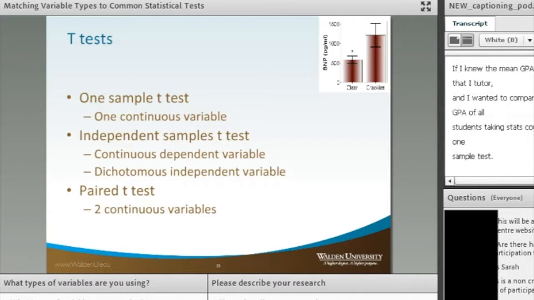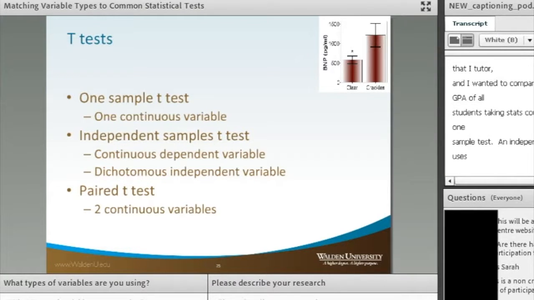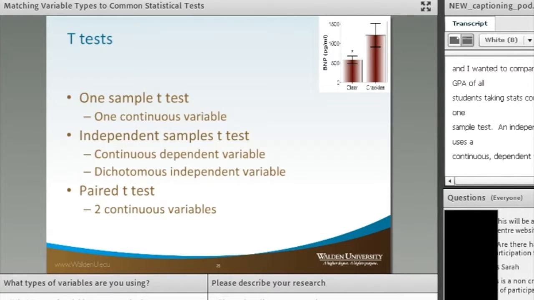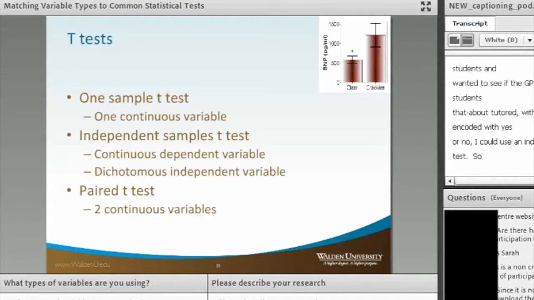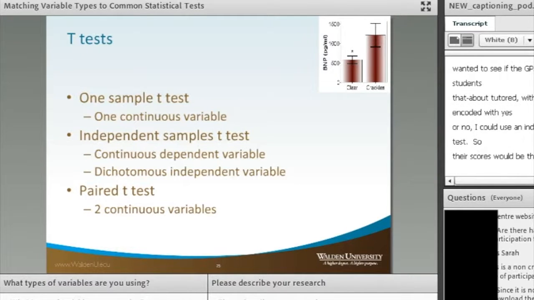An independent samples test uses a continuous dependent variable and a dichotomous independent variable. Okay, it's important to understand that. Continuous dependent, dichotomous independent. If I had a sample of stat students and wanted to see if the GPA were higher in students that had been tutored, with tutoring being coded as yes or no, I could use an independent samples t-test. So their scores would be the dependent, and whether they had been tutored or not would be my